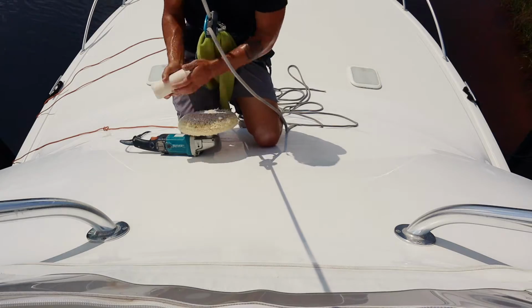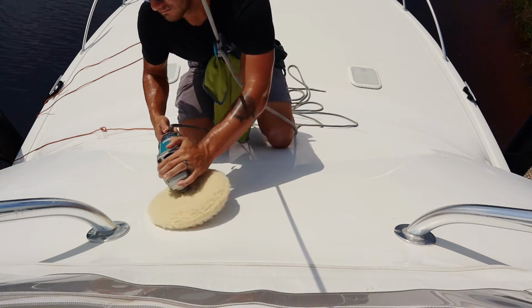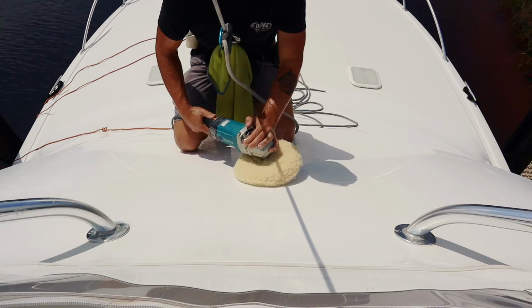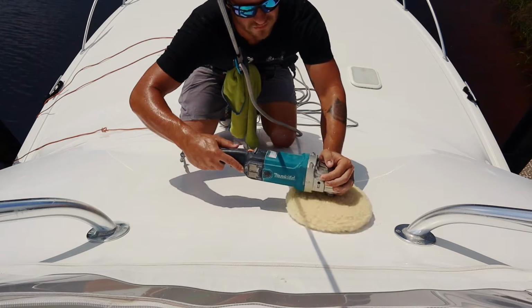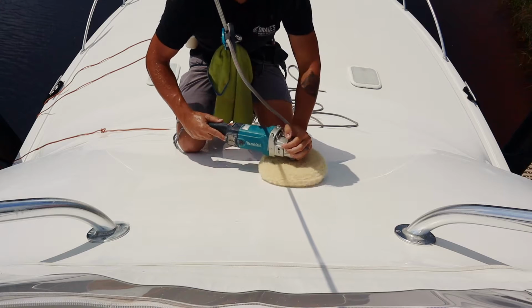Before we hop into the full tutorial video, I want to go over the Rotary Polisher. This is my Makita Rotary Polisher, and I'm going to do our 2 main cutting steps. So the first 2 steps in the process are going to be with this Rotary Polisher, and then we move to our 3401 VRG. What you'll notice here is that I'm first using a double-sided medium cut white wool pad